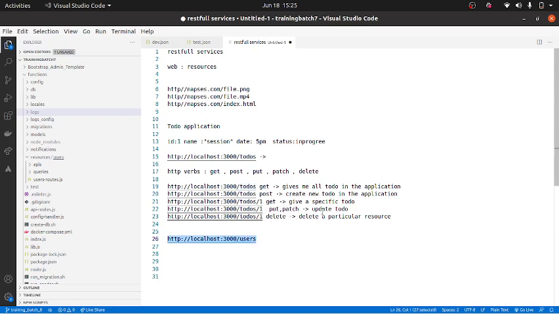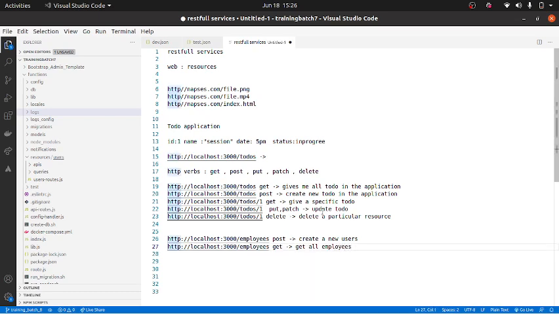This will basically be the resource to handle all the users, right? If I use POST over here, it will create a new user. It could be users, or in our case, I would go with employees. So POST. Now if I have to get all the employees, what do I do? Same URL with GET. It will get all employees.